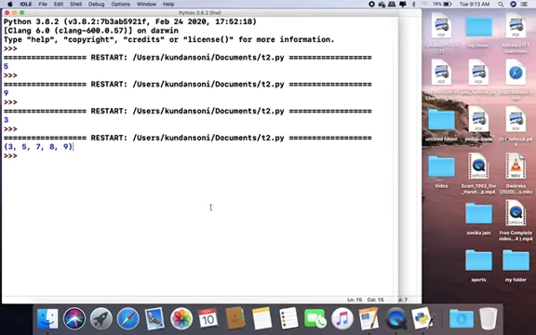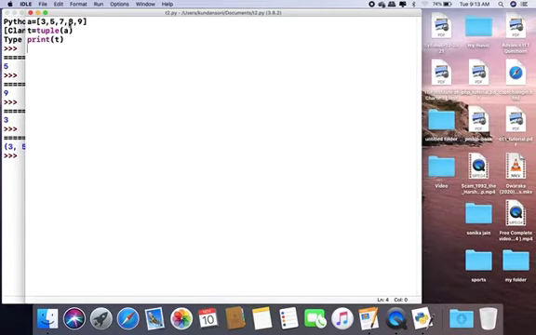So we will use this in Python. Like I change something here, instead of 8 I write 5.